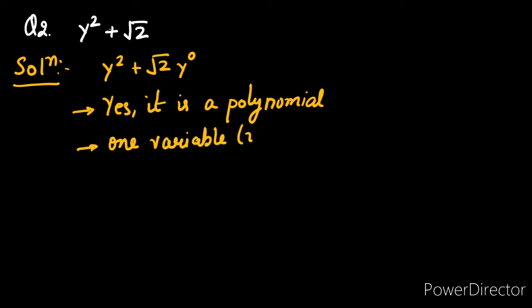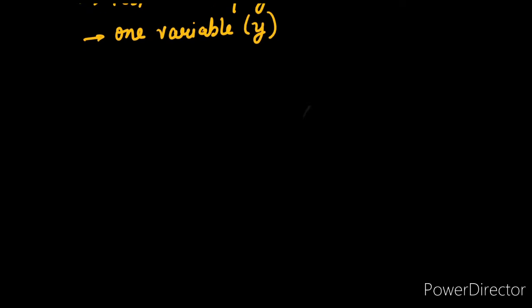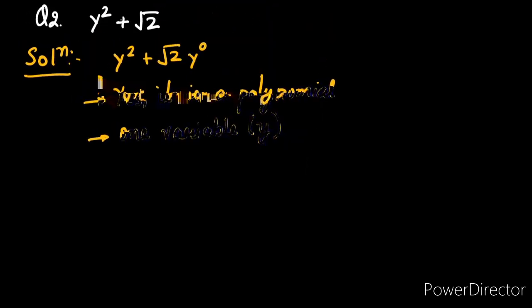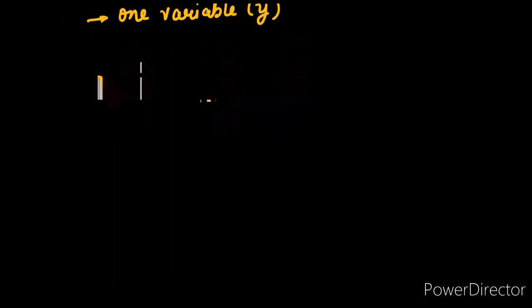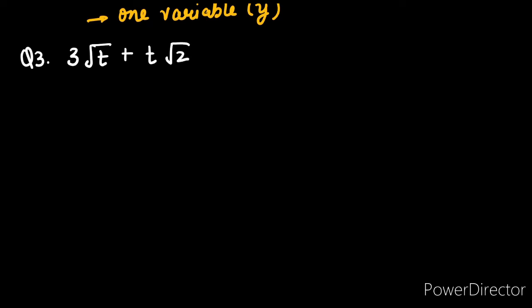3 root t plus t root 2. Now this polynomial can be written as t. See, root